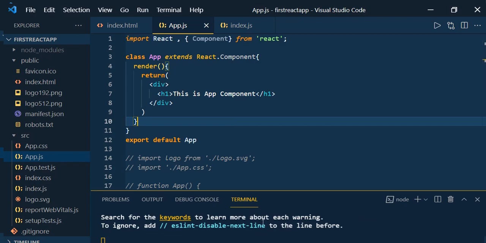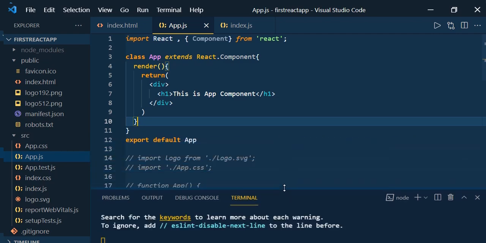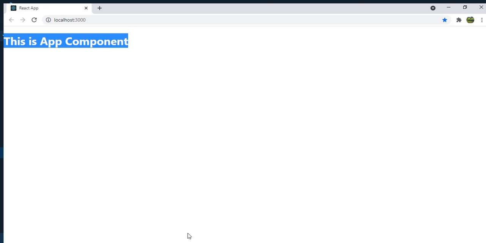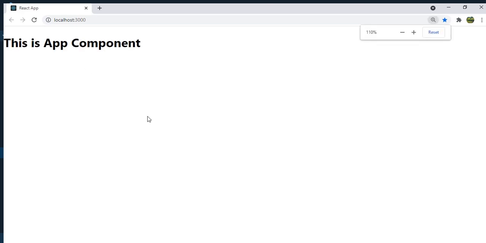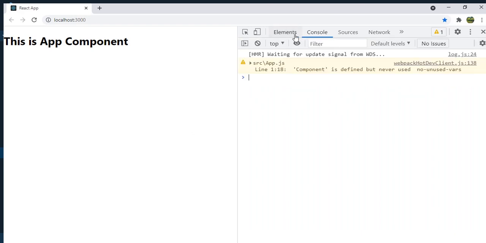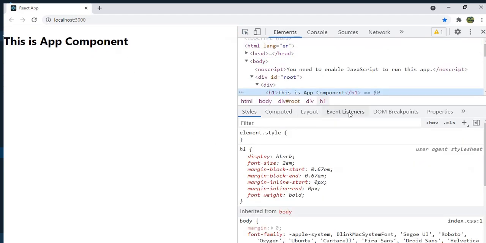Now if you see, it is compiled, and there are no errors, right? Let us go and see our output. You can see now this is the app component. Earlier we had an image and everything, but we commented out that code. Now if you press F12, go to Elements, and inspect this one,